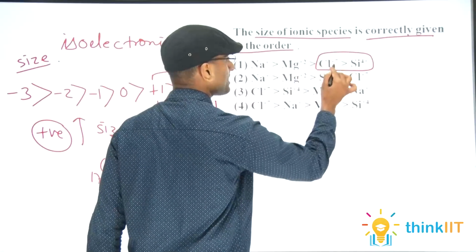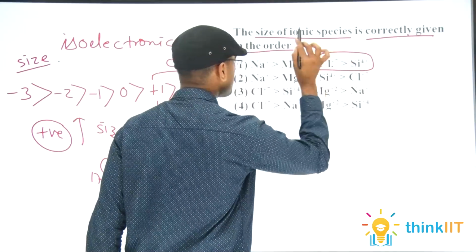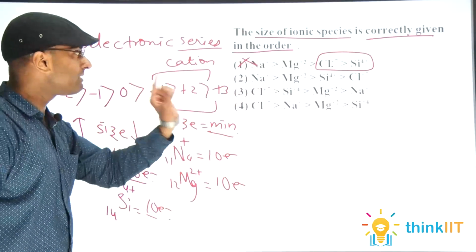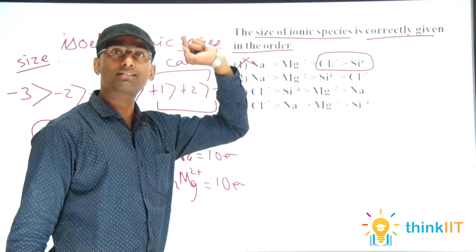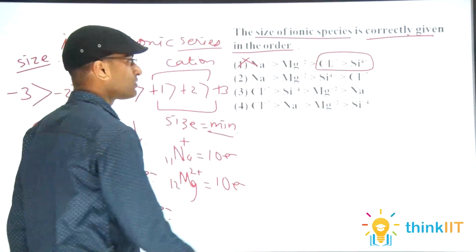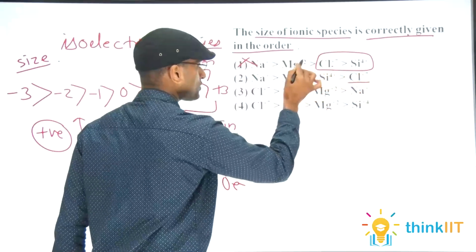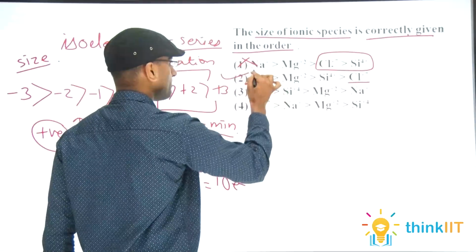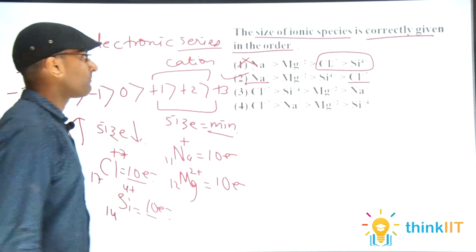The size of Cl+7, while having the more charge, cannot be more as compared to silicon. Wrong option. The more the charge, the lesser the size. It means Cl+7 has the maximum +7 charge, so it must have the minimum size. So the second option is correct here: +7, +4, +2, +1. This is the perfect order.